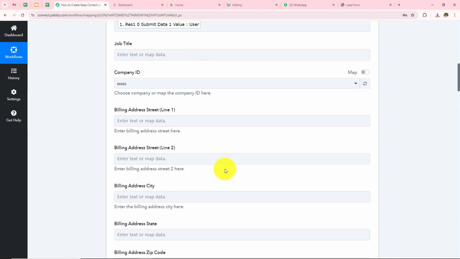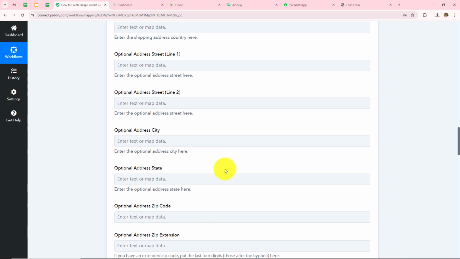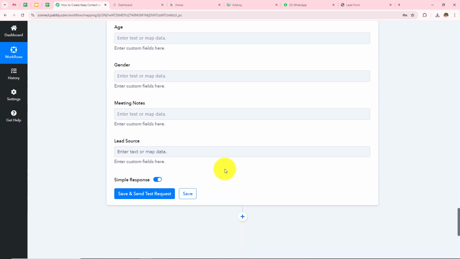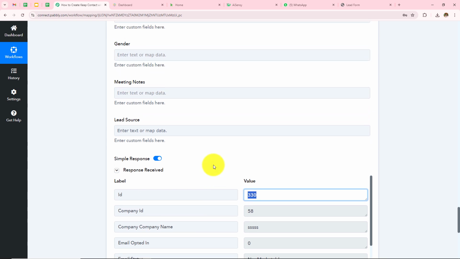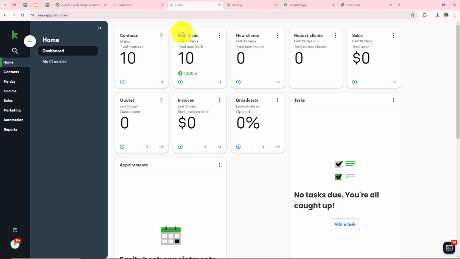Now after entering all these details, I simply have to scroll down and click on the save and send test request. Now as soon as I click on the save and send test request, a contact should be created in Keap, and here as you can see I have received the response with the ID. Now I need to open my Keap and check whether this new user has been created there as a contact or not. So this is my Keap